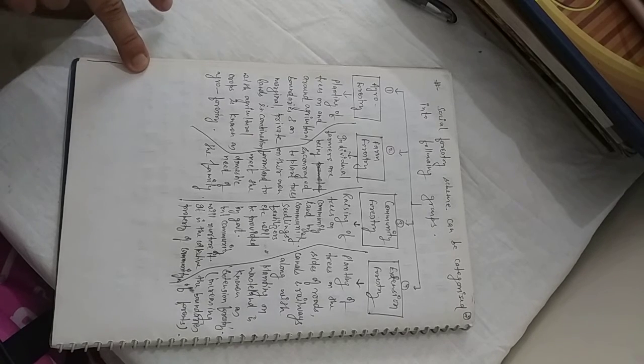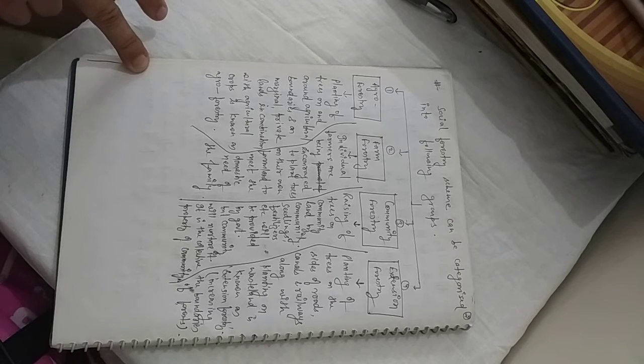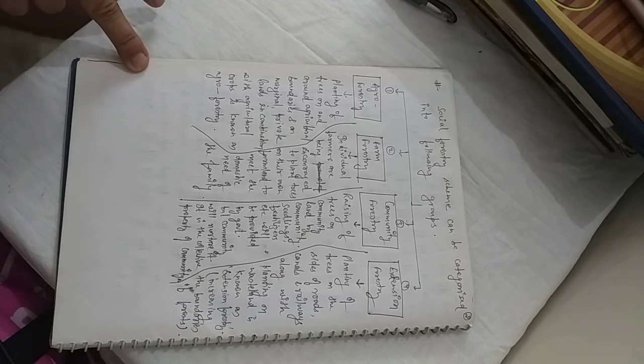These are all subsets of social forestry only. Agroforestry, as the name suggests, is agriculture plus forestry. It means if any farmer is doing agriculture in his field, then whatever land is empty, whatever land is unused, there he can plant some trees. Apart from that, at the boundaries of his field, he should plant some trees. Many farmers do this without being told, but many farmers don't. So we are making use of the empty space of the field by planting some trees, so that we are helping in increasing the overall forest cover.